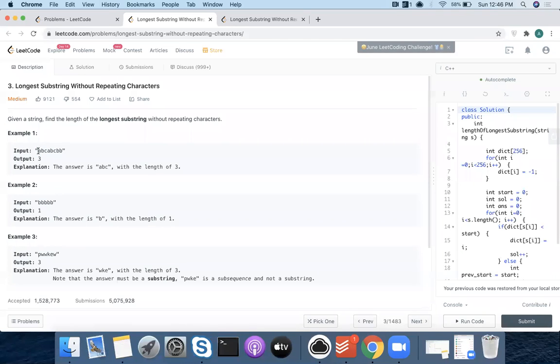So basically, let's take the example ABC. Of length 1 substrings, there are 3. Of length 2, there are 2, AB and BC. Similarly for ABCD, there are 4 of length 1 and 3 of length 2: AB, BC, and CD. Of length 3, there are 2, ABC and BCD. So you are seeing the property, right? 4 plus 3 plus 2 plus 1. So it will come as n into n plus 1 by 2.